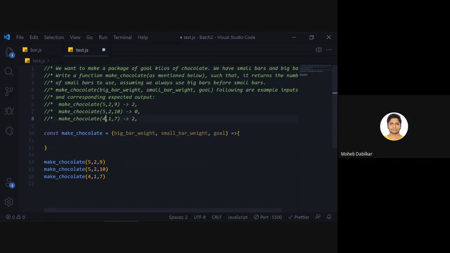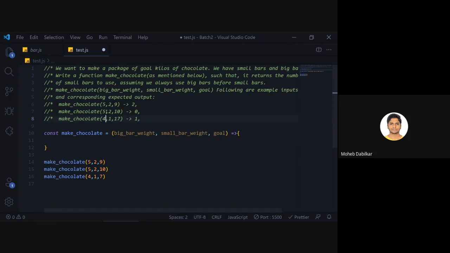No, no, you are not understanding. You see, if I say 17 over here, then the answer will be 1. You will be using 4 bars of big chocolate, which is 4 kg. So 4 fours are 16, and then you will add 1 bar of small chocolate, so that will give you 17. Now I just told you guys the answer, how you have to solve it.